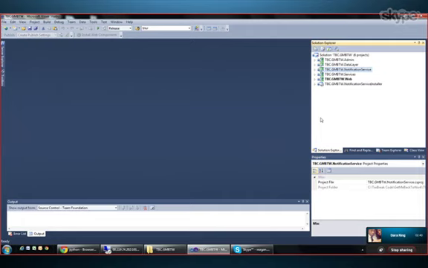The other thing we have in here is the notification service project. Essentially, it's going to be a Windows service that runs on that server and sends out emails to the user periodically, telling them, hey, you need to go in here and finish your profile, all that sort of thing. So that is what the notification service is going to do.